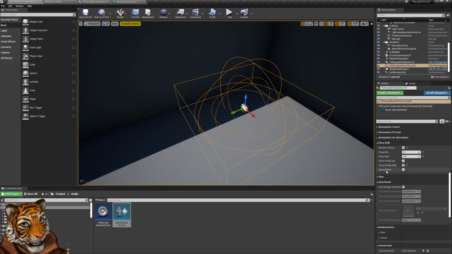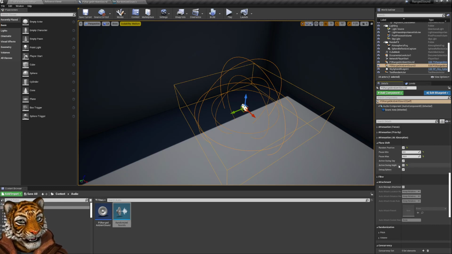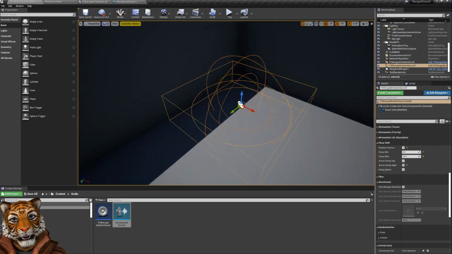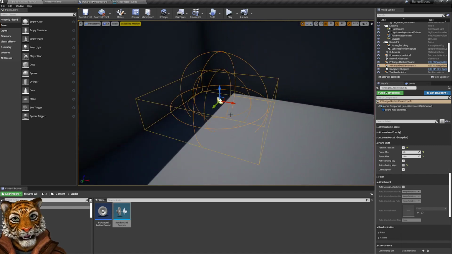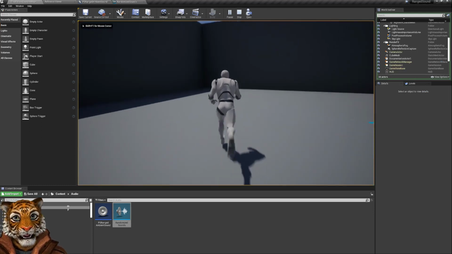And then I added another parameter called Debug Sphere, and this Debug Sphere basically allows you to see a blue sphere where the sound is generated. Obviously, when you're packaging your game, you want this to be disabled, but I think it can be nice as a debug tool for you to understand if this component is actually working and how it's working. So if we start the